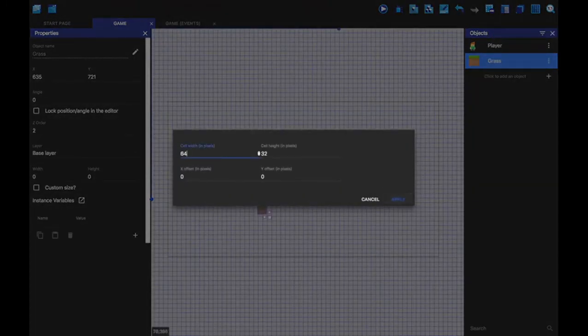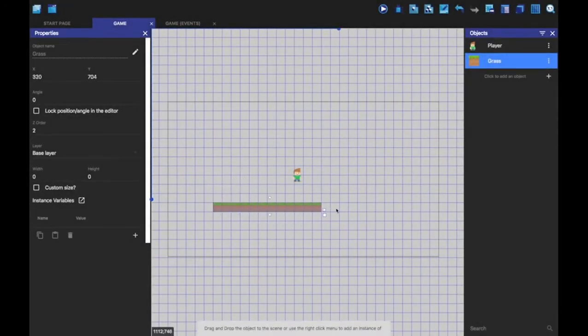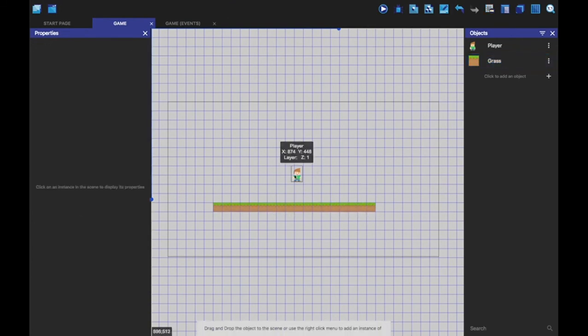Then create an object. The first step is to create an object that represents the playable character. If you followed the first part of this tutorial, this should be a familiar process.